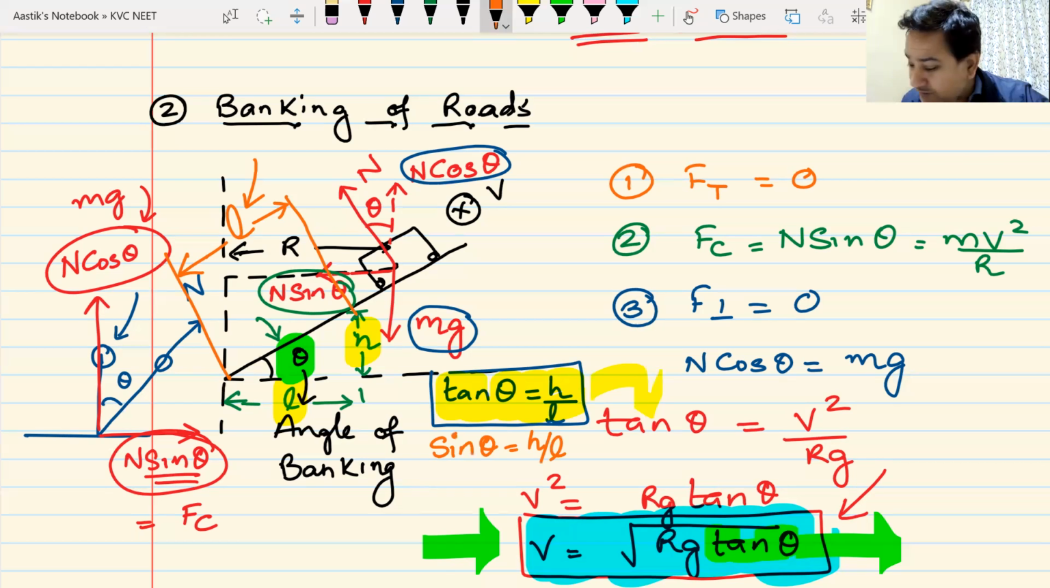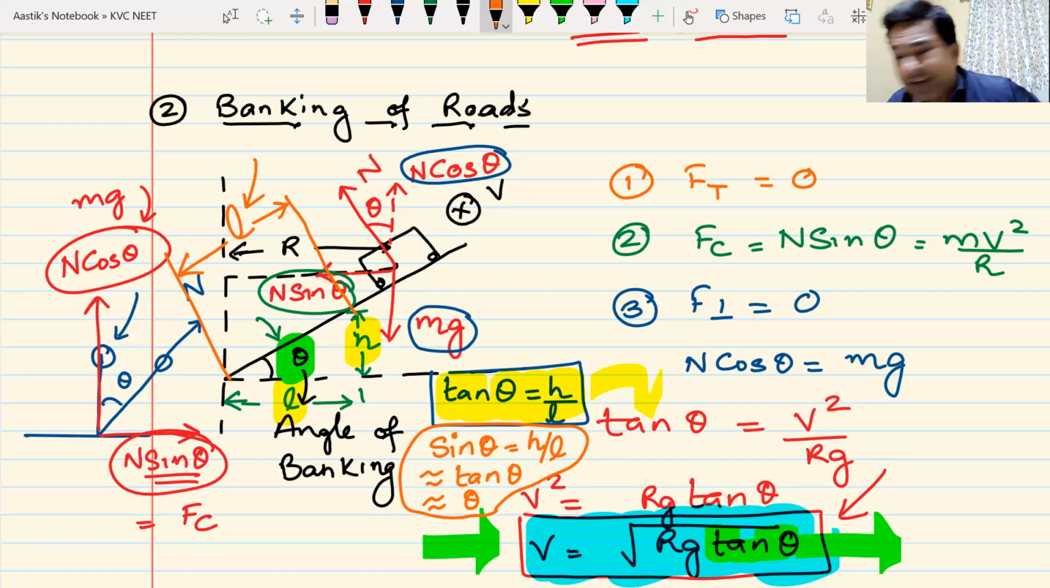If the angle is very small, your sine theta will be approximately equal to your tan theta, which will be approximately equal to your theta if theta is calculated in radians. I hope all of you know this. Since you're bio students, you might not have an idea, so please note it down. In any case,